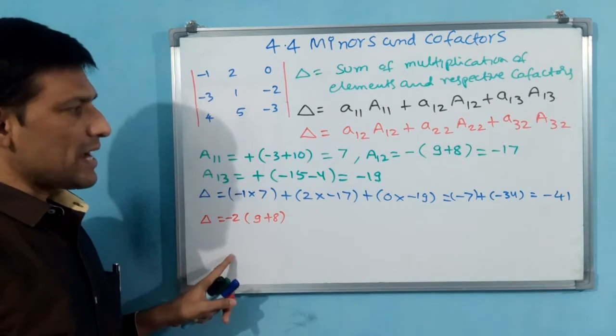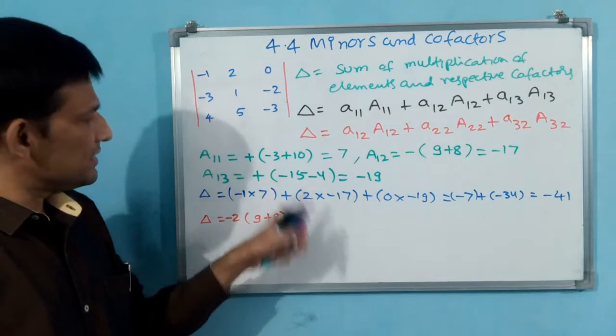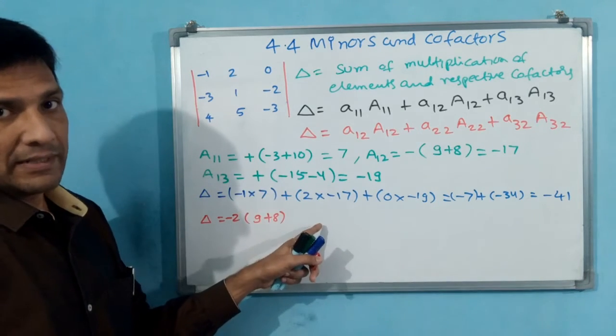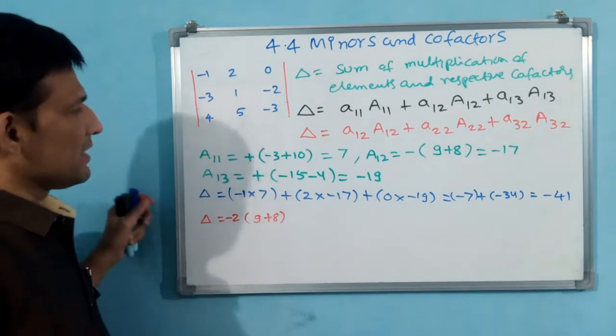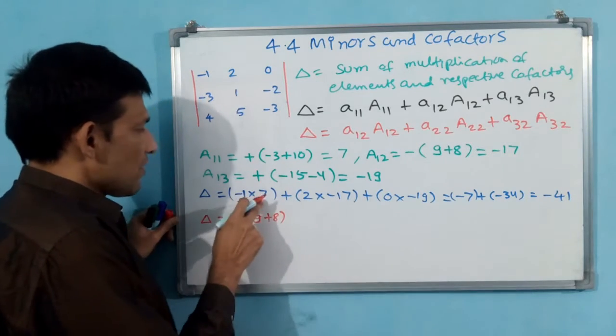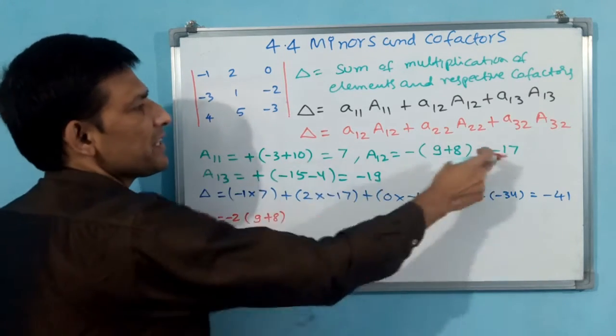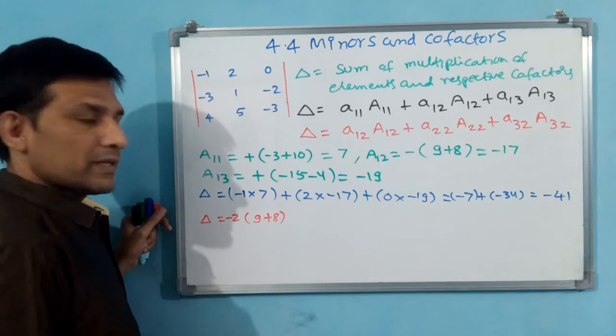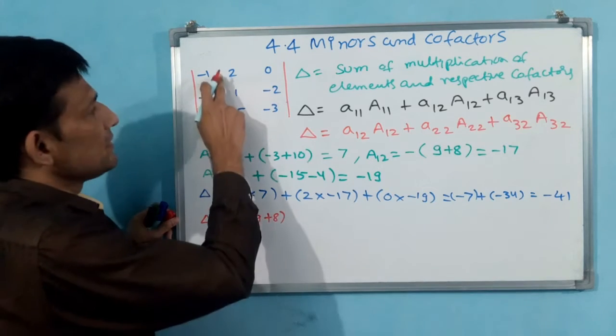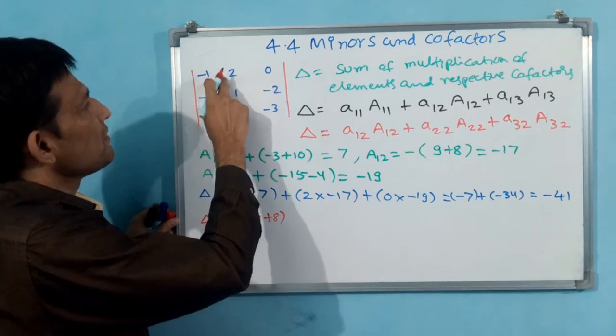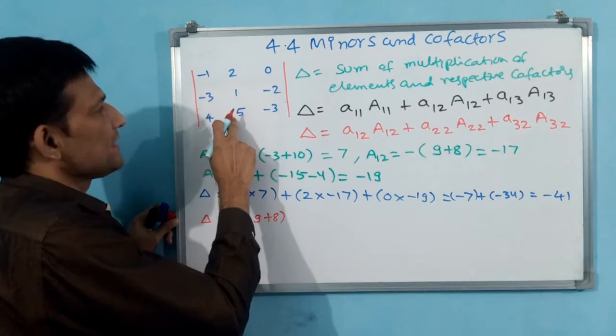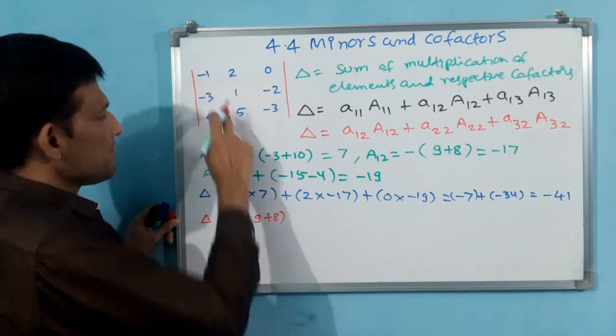Here the symbol also matters, but there the symbol does not matter. Inside symbol we have already taken in the cofactor, so all plus plus only will come. But the symbol in the cofactor itself is taken care of. Here you have to take care of the normal procedure. Minus plus minus: minus you have taken, then plus you have to take.